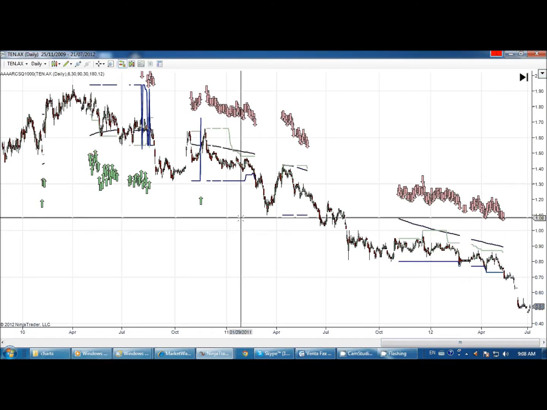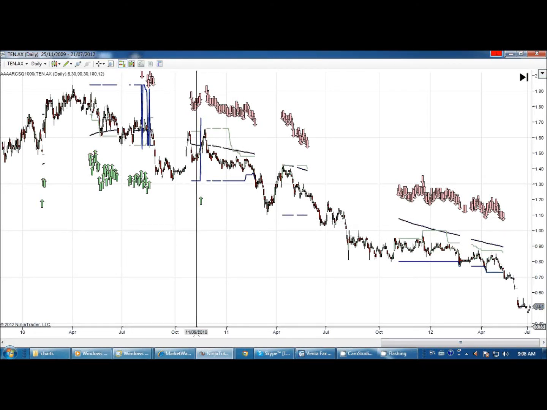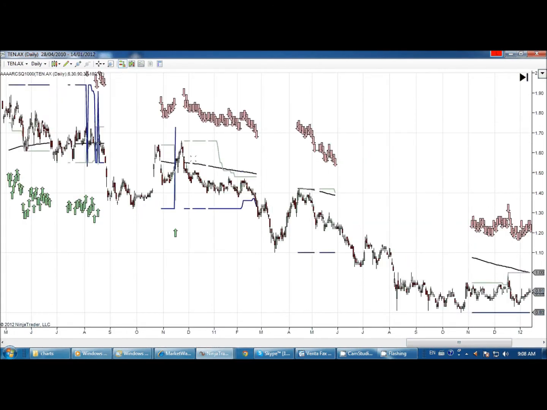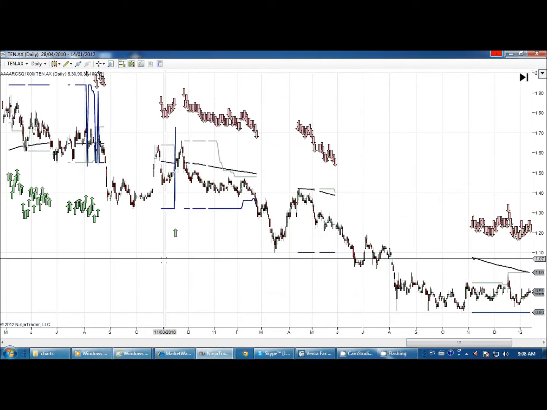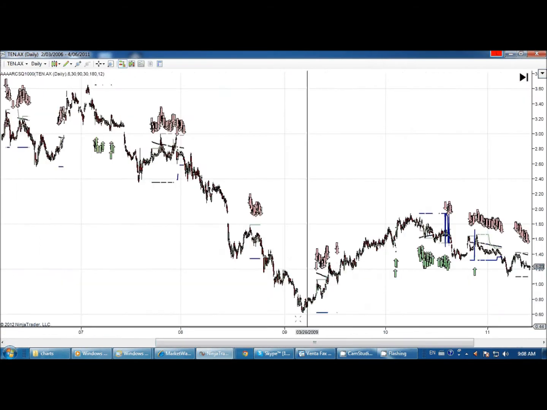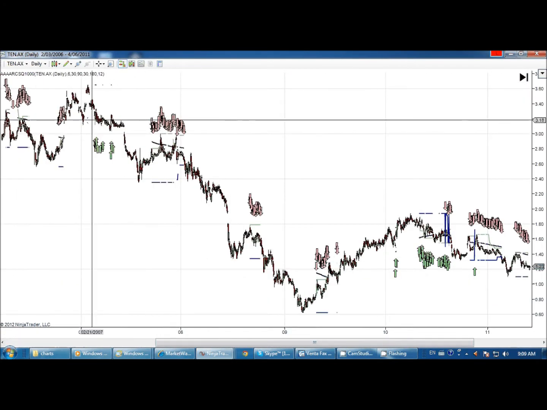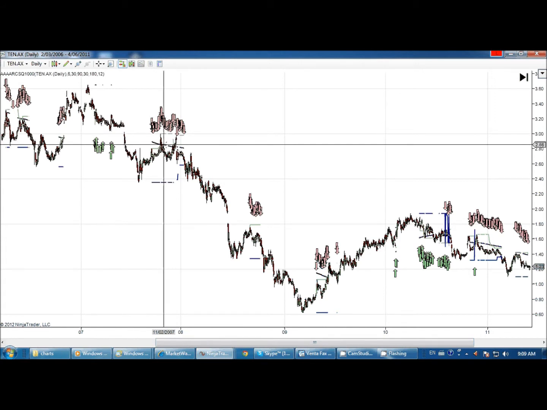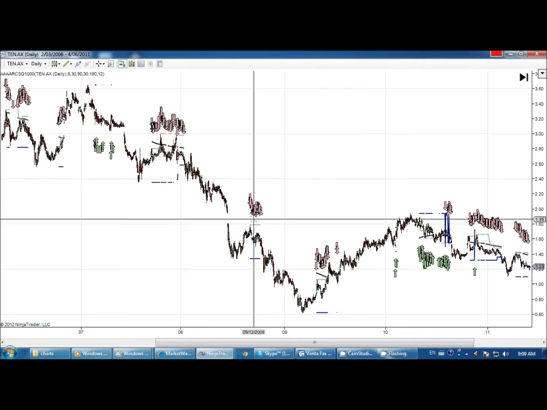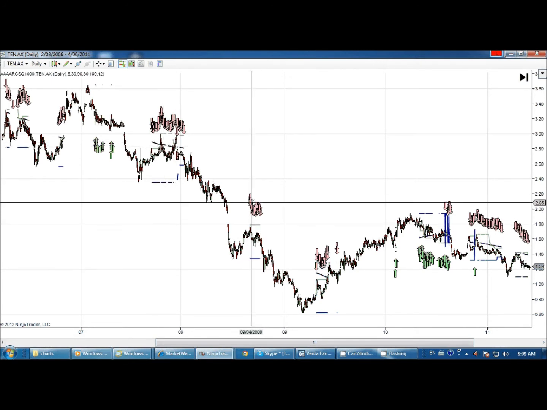Righto, how's it going? I want to do a quick video on how to tune in the SQ1000. I haven't done that yet, so it's time we did one. Basically, what is this indicator? This indicator goes through and identifies pressure. That's its primary objective, to find areas of pressure, and it puts an arrow on the chart when the pressure's